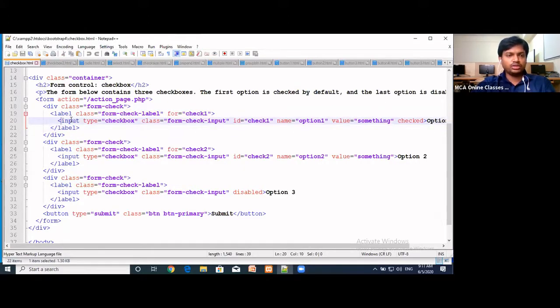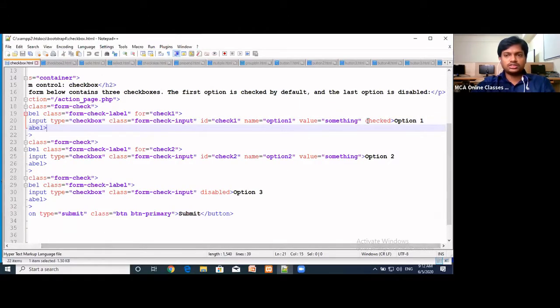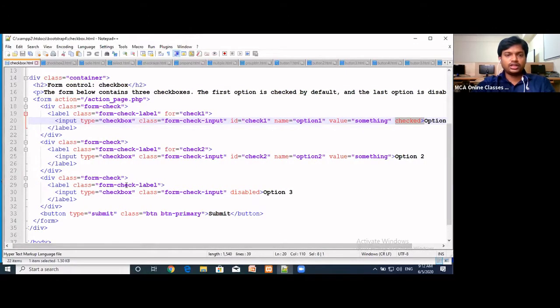In the input, the type is checkbox, and we have to add one more class, the form-check-input class. The rest remains the same: id, name, value, checked. If we use checked, the first option will be selected first, and after that you can select others. So this is regarding the checkbox.